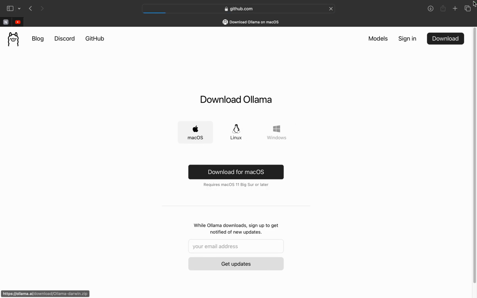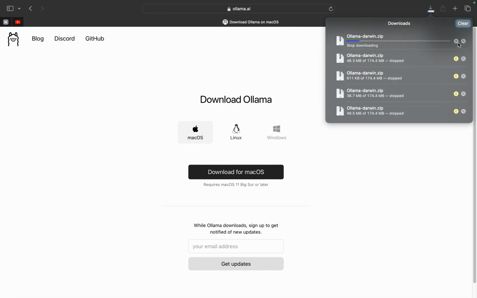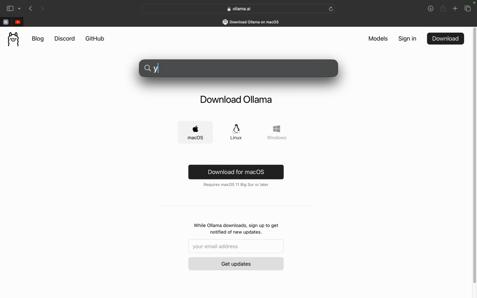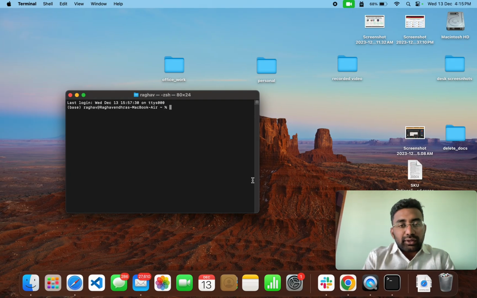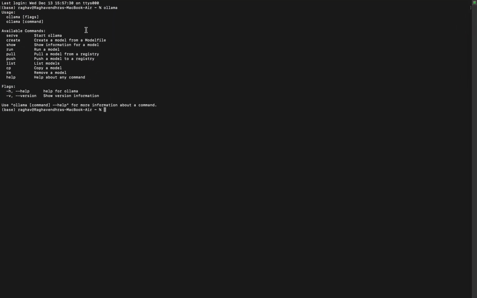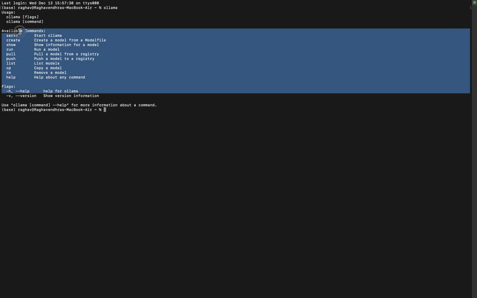Download for Mac OS. I'm using a Mac OS laptop, so your download will get started, and I already downloaded this file, and the app is up and running. If the app is up and running, you will see the bunny icon, the Ollama icon, on the top right hand side of the screen. Then go to your terminal and just type ollama. If you see this response, that means Ollama is up and